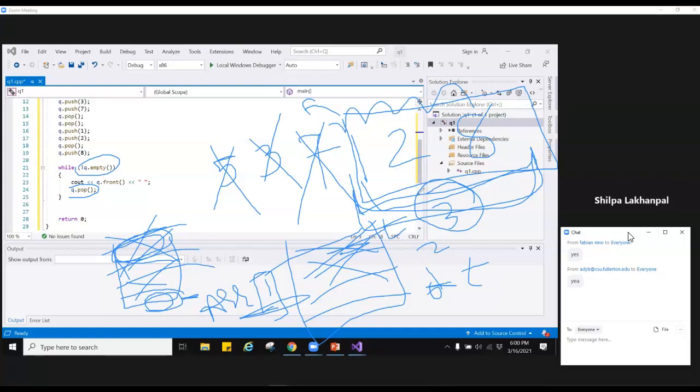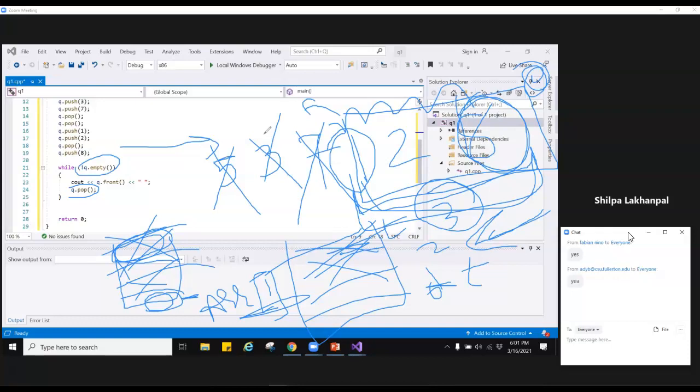So a queue can mostly only be accessed either at the front element or at the back element. That's all. But even with the back element, you're not allowed to go in the reverse direction. At the front, you can go from left to right. But you cannot start popping from the back. You can only access this back element and add something at the back. Beyond that, you cannot start going towards the left in a queue from the back.